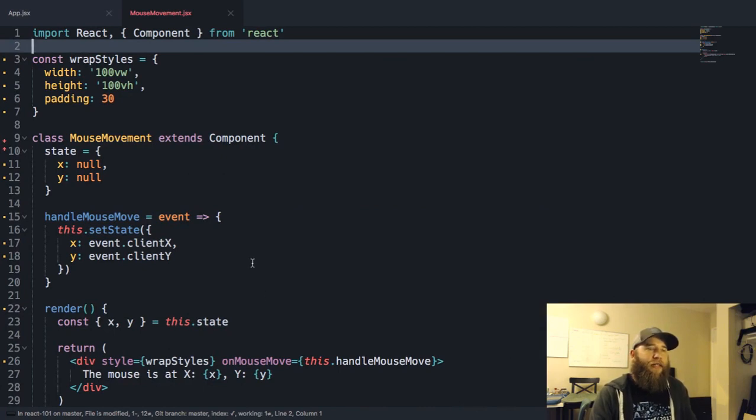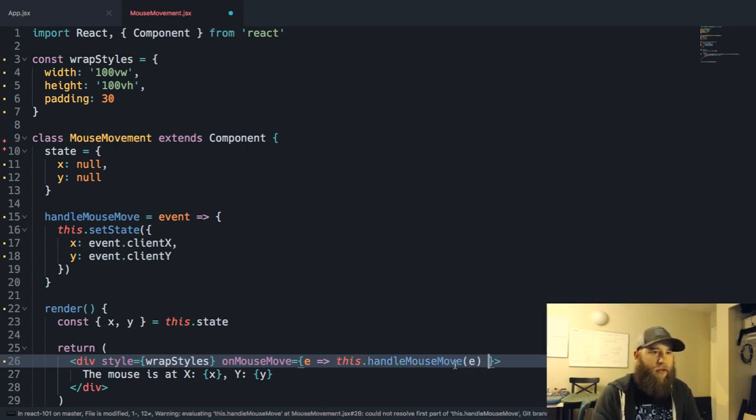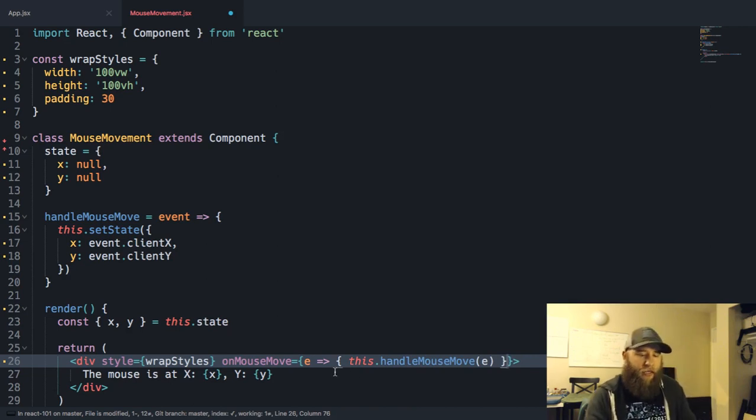We get the event as the first value in the callback of the handler. Another way to think about that is this is redundant. This isn't how I would actually do this, but you could do this, right? And there are times where this has been the function signature I need because maybe I need to add other things to the updater.